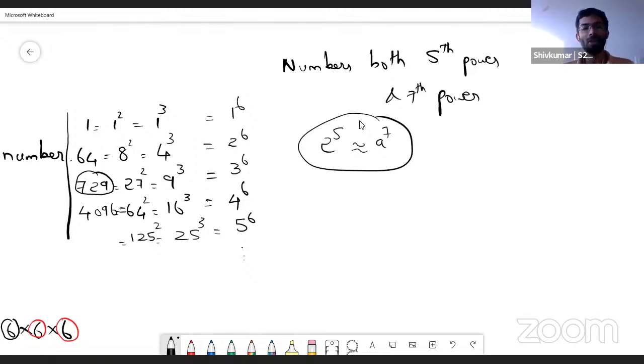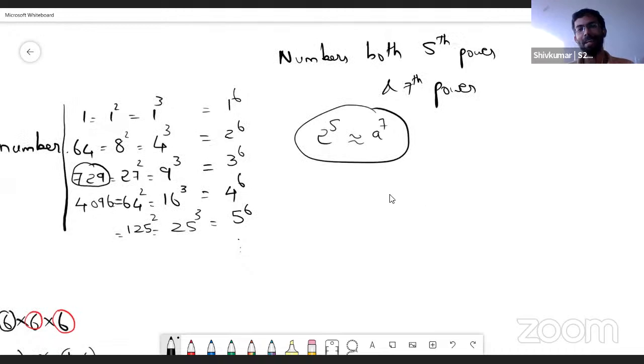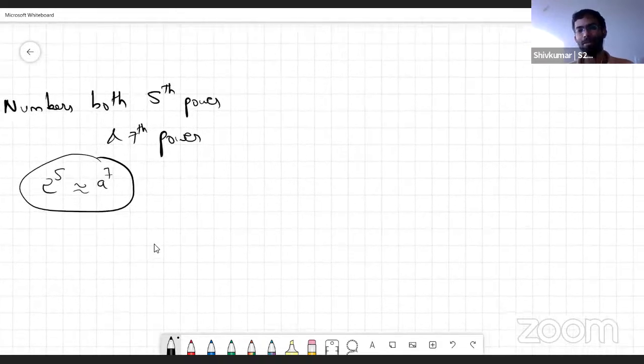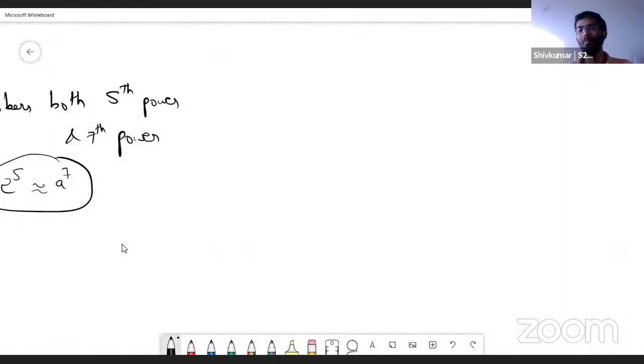Okay, so now we have been talking about cubes and squares. At this point, I just want to share one very interesting number that is related to cubes, and that is very much related to we Indians. Okay, and that number is 1729. Does this ring a bell in any of your head? 1729, what is it?